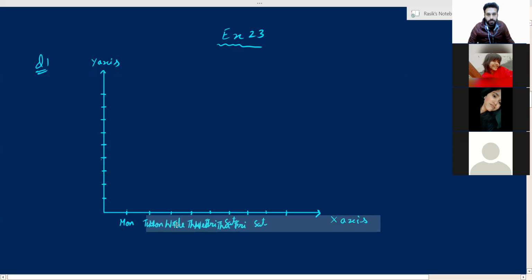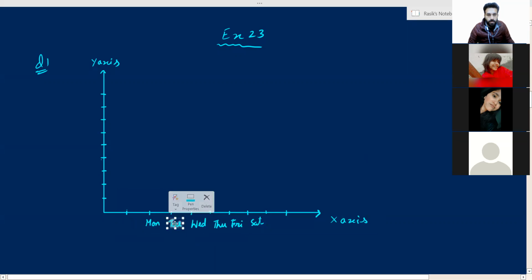So just shifting it a little bit. Monday, Tuesday, Wednesday, then Thursday, Friday and Saturday. Okay. And the first day was Sunday. Okay, so we have